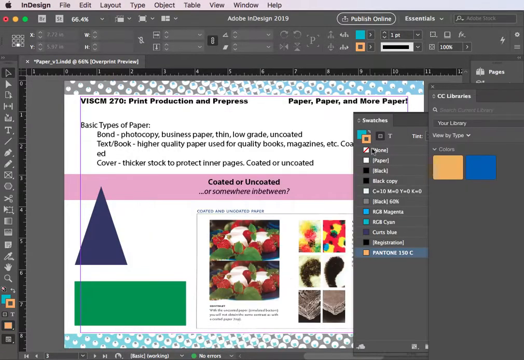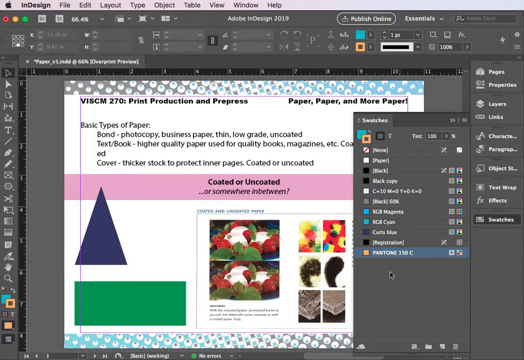I say OK, and then in my swatches panel, it added the Pantone color, so it's best not to rename that, to leave that color as it is. And you can see that there's a special icon here with a dot in it, a spot, and that indicates that it's a spot color. So what that means is that in addition to C, M, Y, and K, I now have another ink, a spot color ink. So if you go to your separations